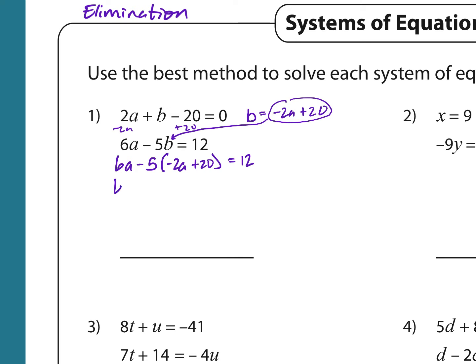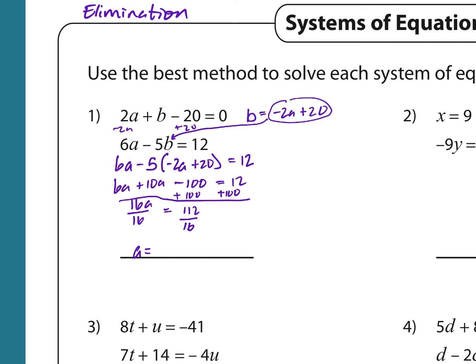So 6a plus 10a minus 100 equals 12. I think that's right. Okay, so then we get 16a. Oh, I'm going to add 100 to both sides. Sorry. 16a equals 112. Divide by 16. And a is going to equal,